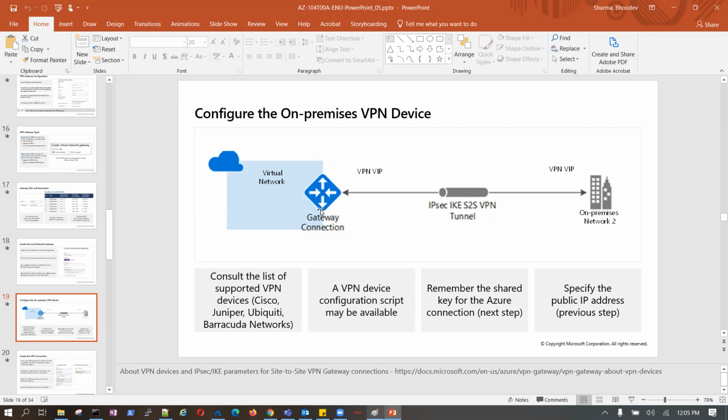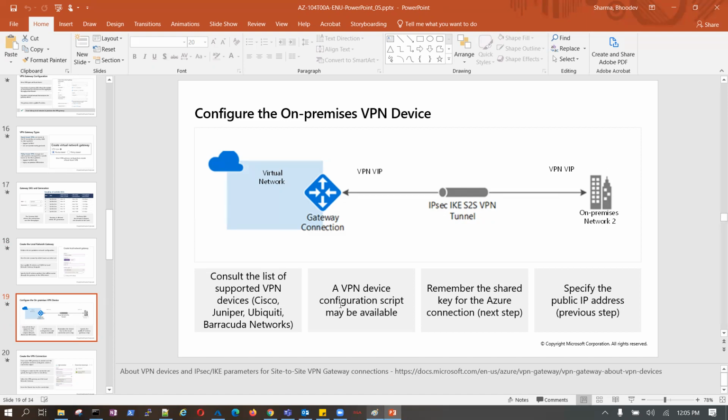We cannot go ahead and directly create this connection unless this network admin confirms to me what are the supported devices they use for the connection, and they must have one. If not, this connection cannot be established.